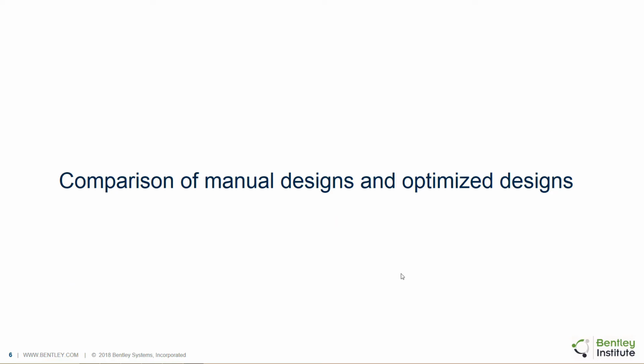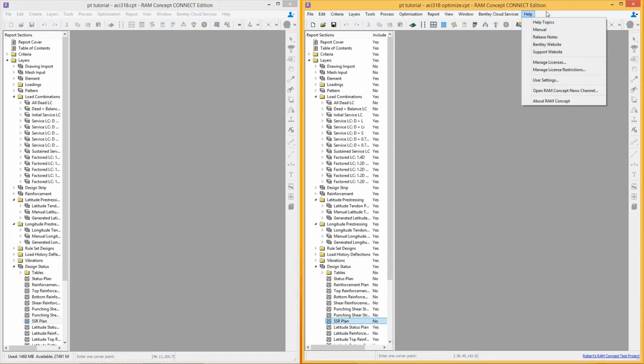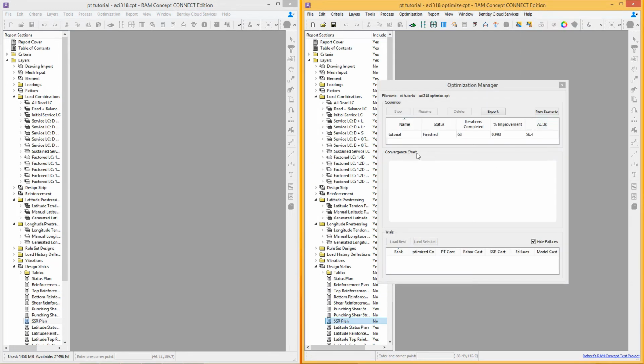So now that we've completed a full optimization, let's take a look at comparing the manual design we did with the final optimized design. So on the left here we have the original design that we did by hand, and on the right we will load one of our optimized designs. And as I stated, we can